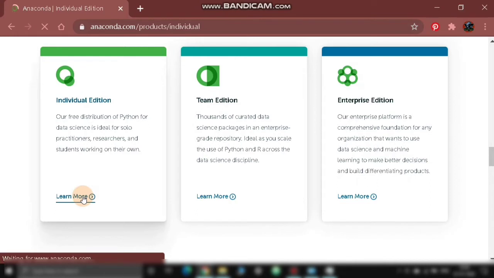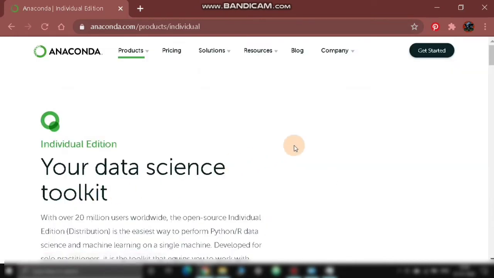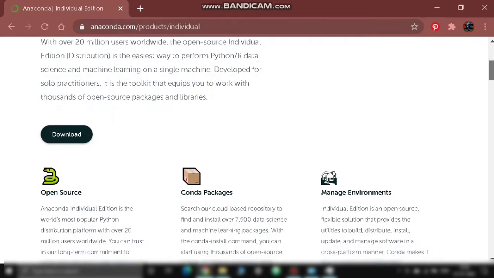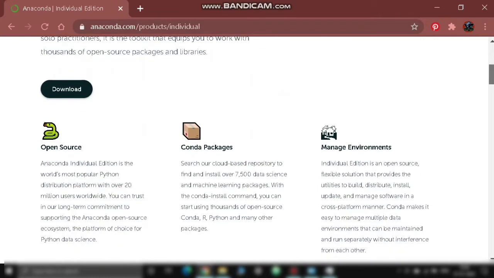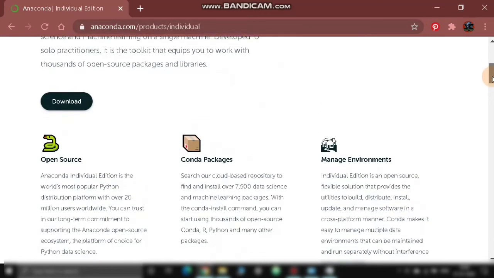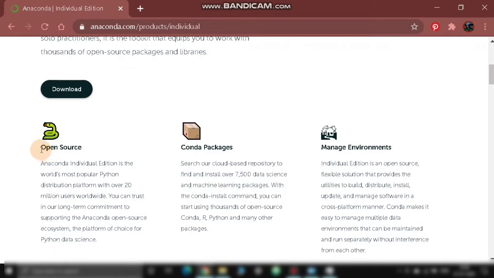Let's click here on the learn more section, individual edition, and here it is. Now what are the features of this software? It is very openly expressed here. It is an open source individual edition. As I have already told, we always believe in open source knowledge development, so that is why we are using Anaconda, as it is open source.